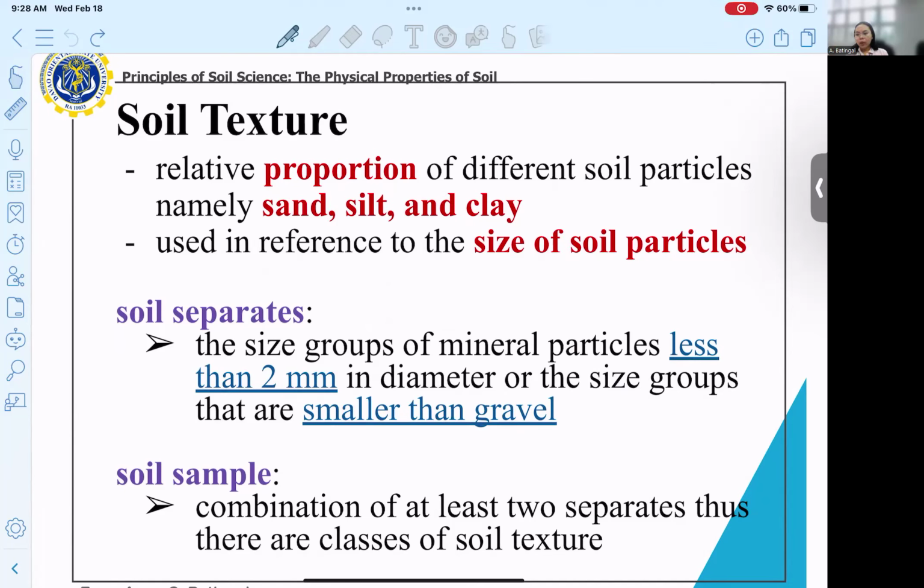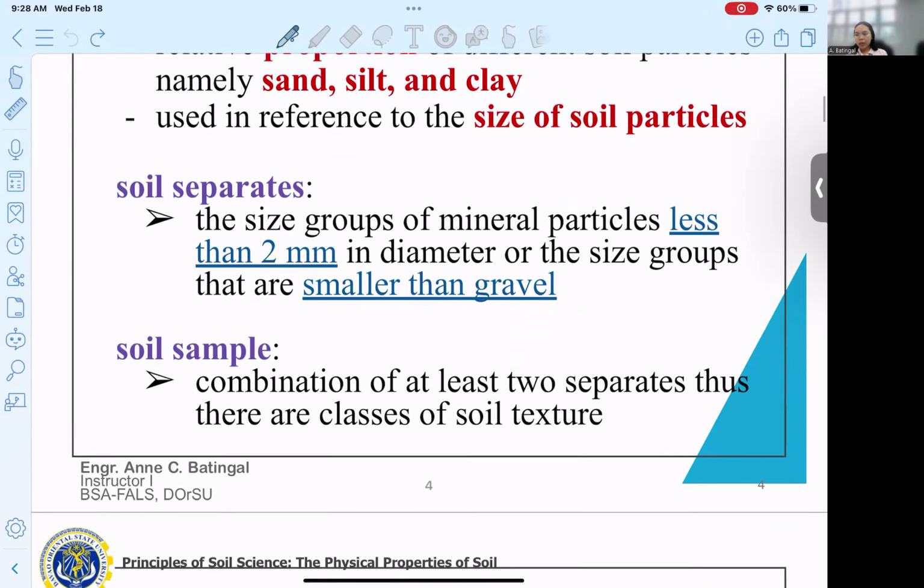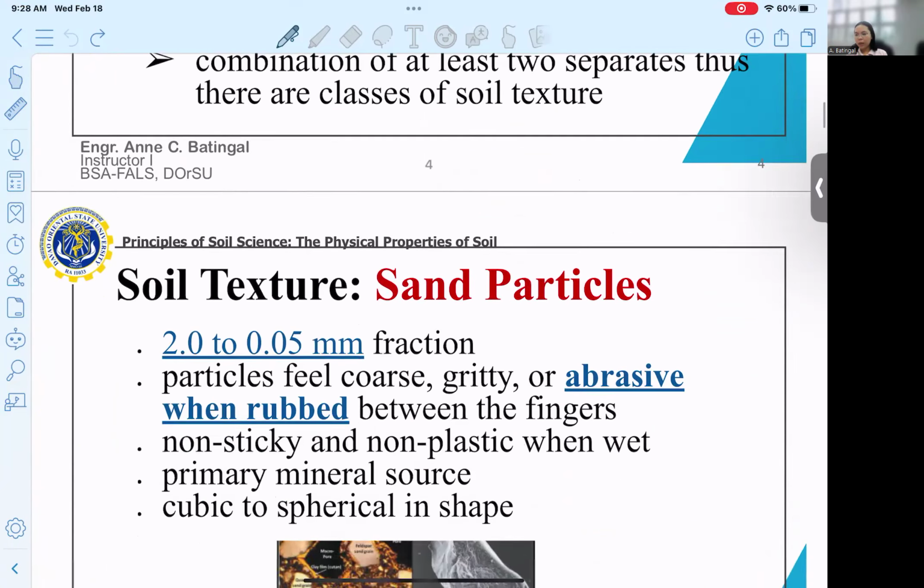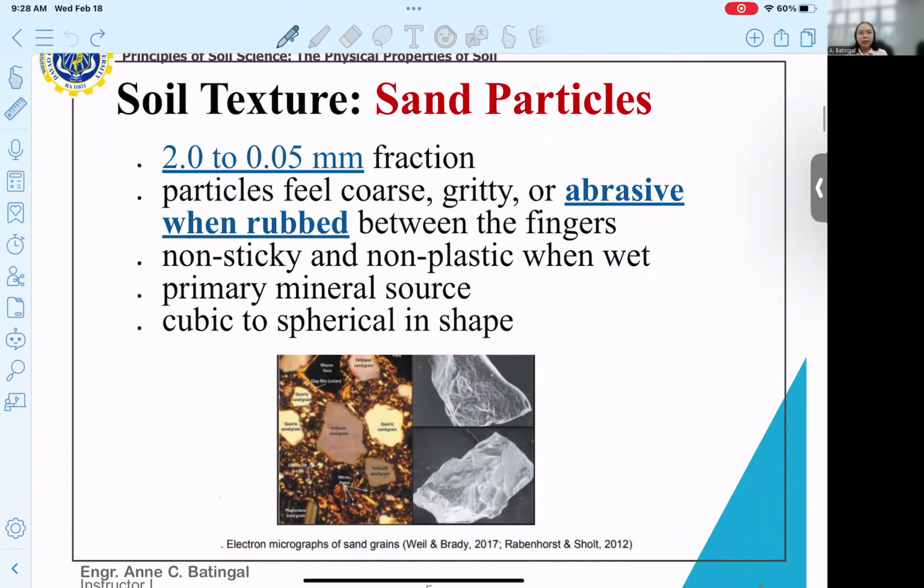Okay, so we have discussed the definition of soil separate. So, atong isa-isahon, unsa tong mga descriptions sa ato ang sand, silt, and clay. So when you talk about sand particles, among the three soil separates, sand is the largest. So pinakamalaki si sand, followed by your silt, and then lastly is your clay. So sand particles are characterized with a diameter of 2.05 millimeters. So super liit,